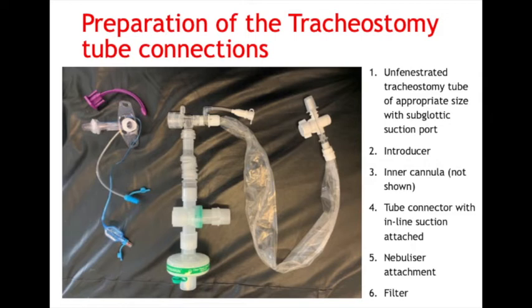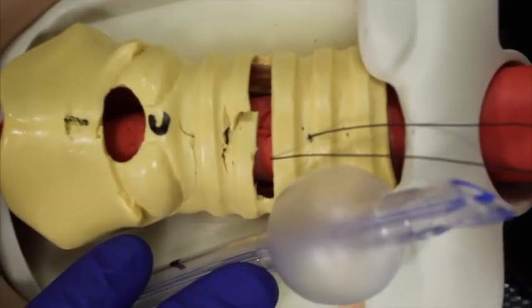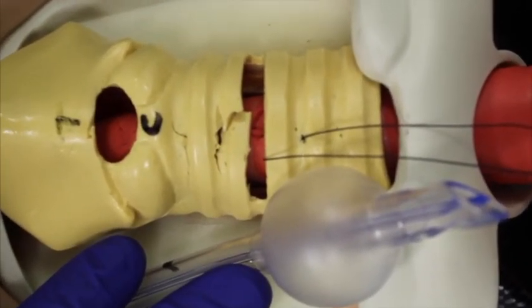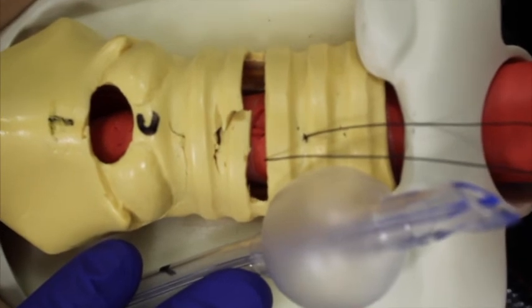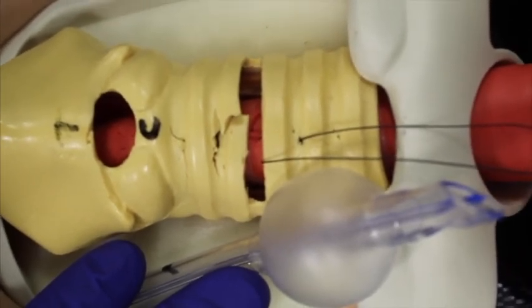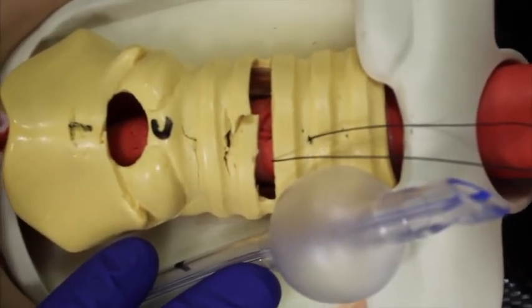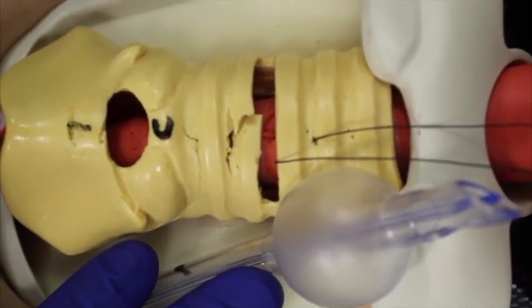The introducer should be at hand, the tube lubricated and the cuff checked. A tube connector with an inline suction already attached, tube extension, nebulizer attachment and appropriate filters should all be prepared. Fully exposed and prepared, a window opened and the rescue suture placed, one tracheal ring below, the procedure may continue